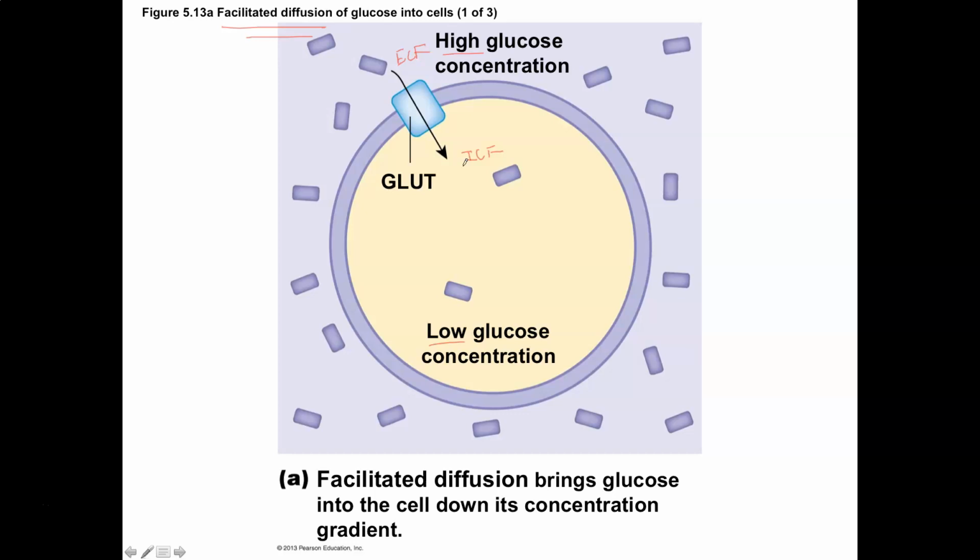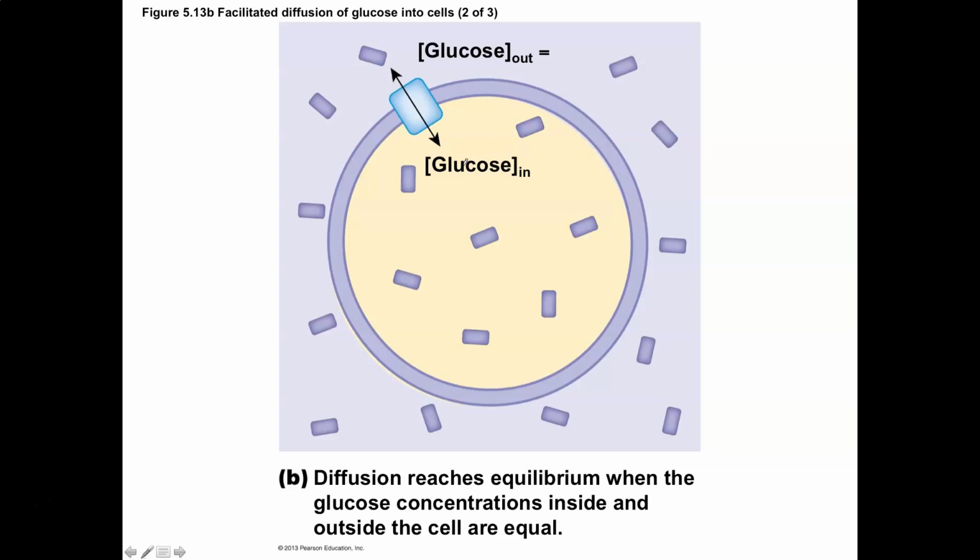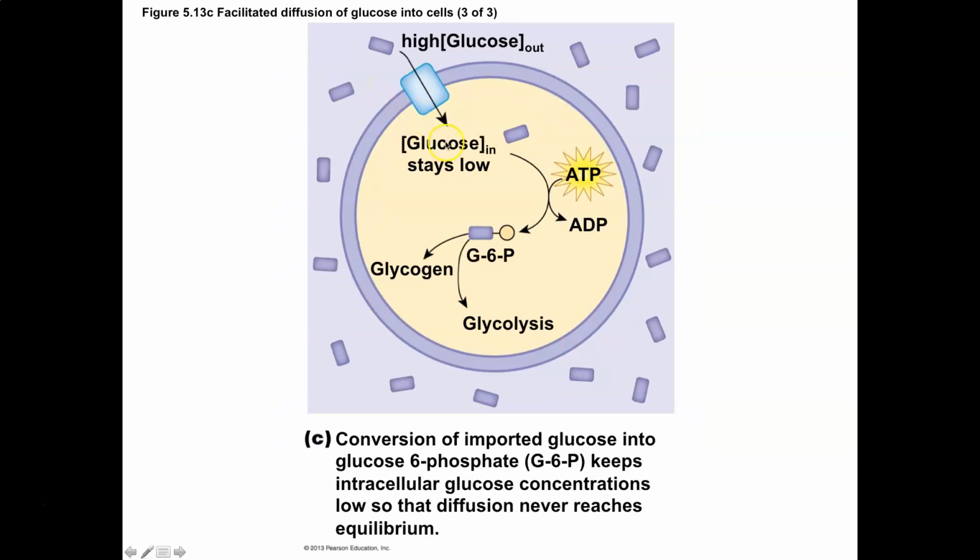Now, what's interesting is that in order to maintain the concentration gradient and not reach equilibrium, because we know that with diffusion, if a molecule moves from high concentration to low concentration, eventually the particles inside the cell will increase in concentration as the particles outside the cell will decrease. And at some point, the concentration outside will be equal to the concentration inside. And so you would end up with an equilibrium situation. To avoid equilibrium and to continue glucose moving into a cell, what your cells will do is either